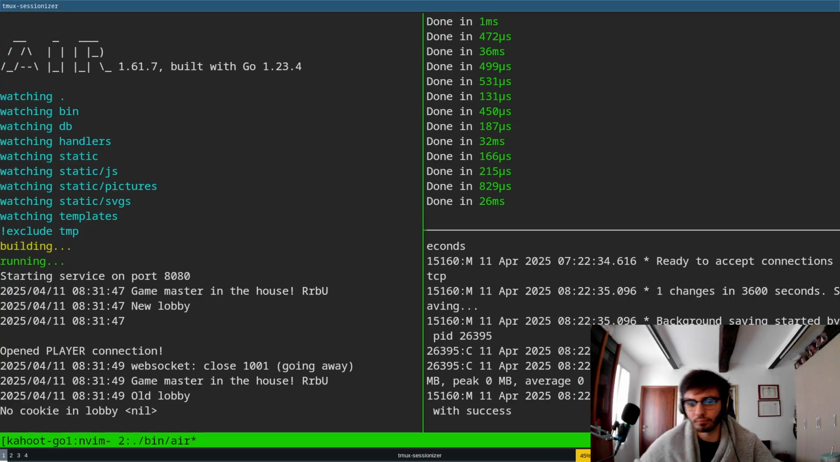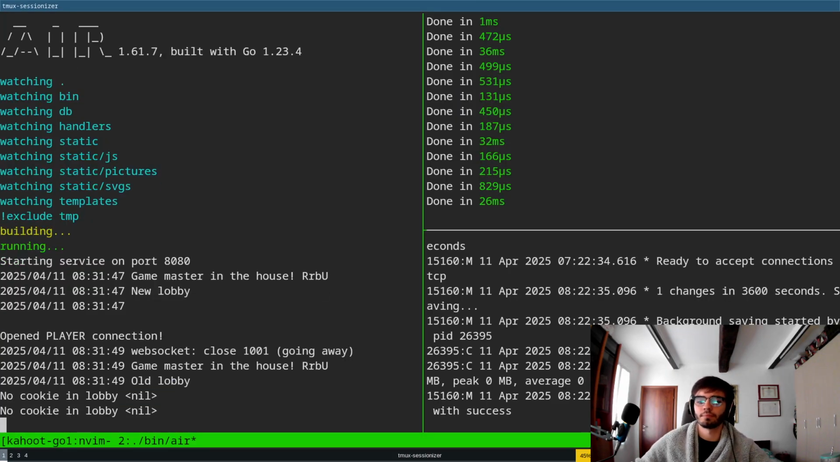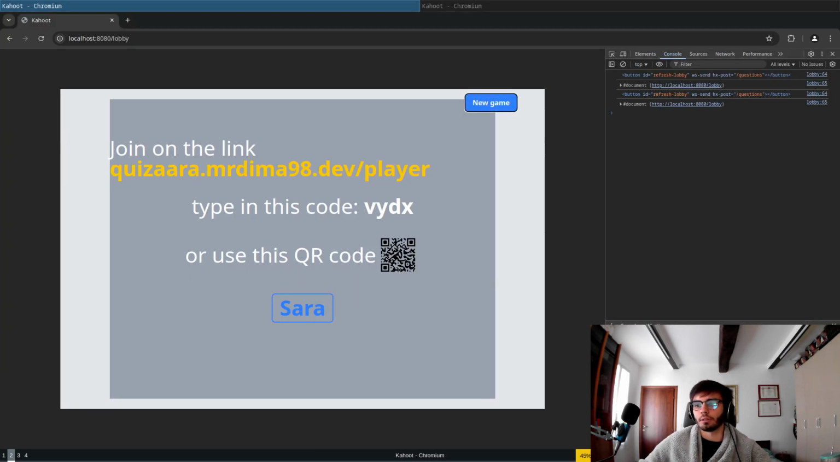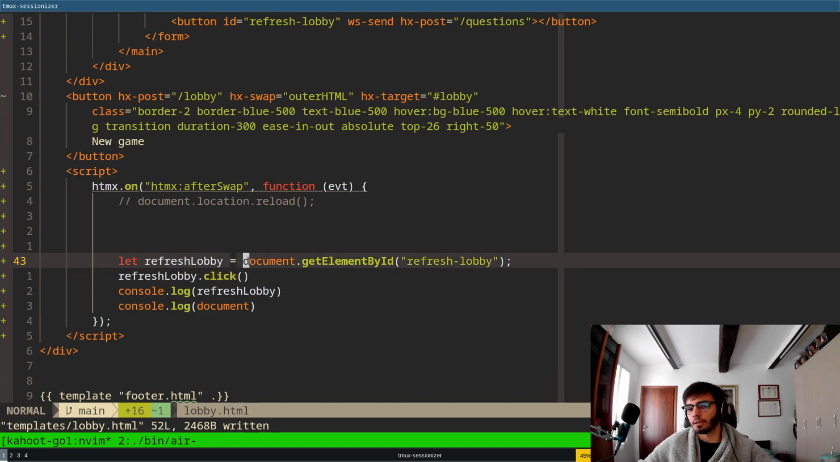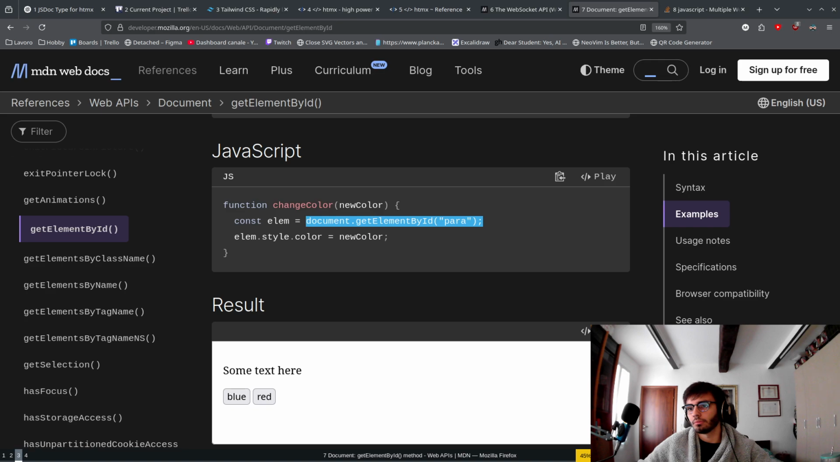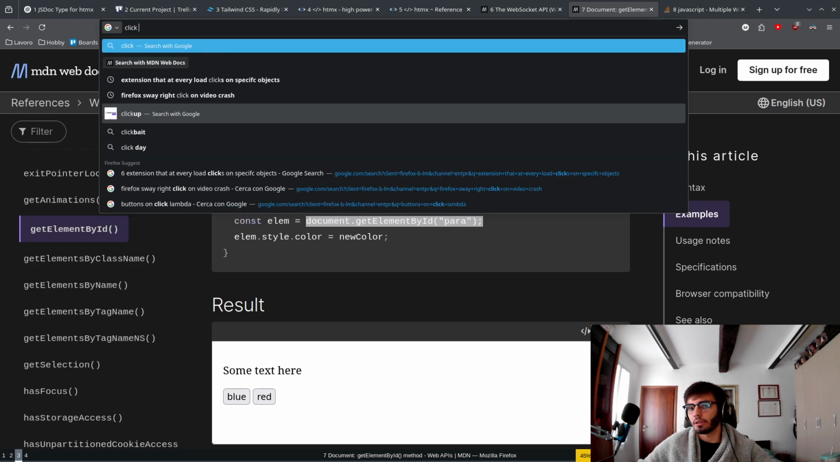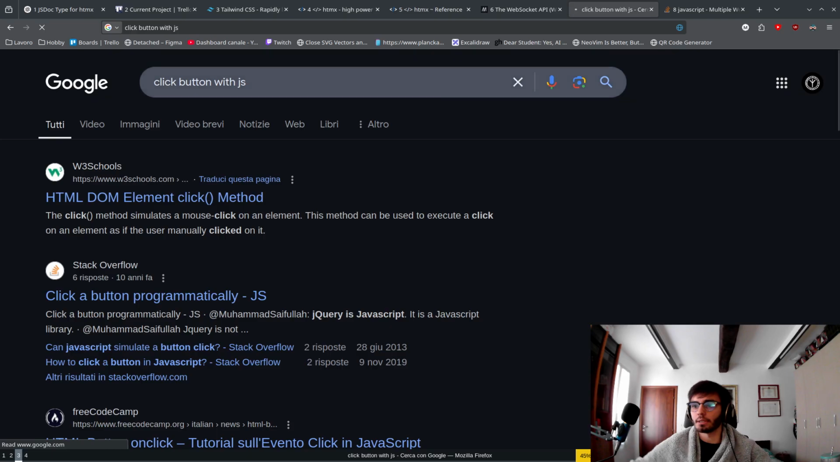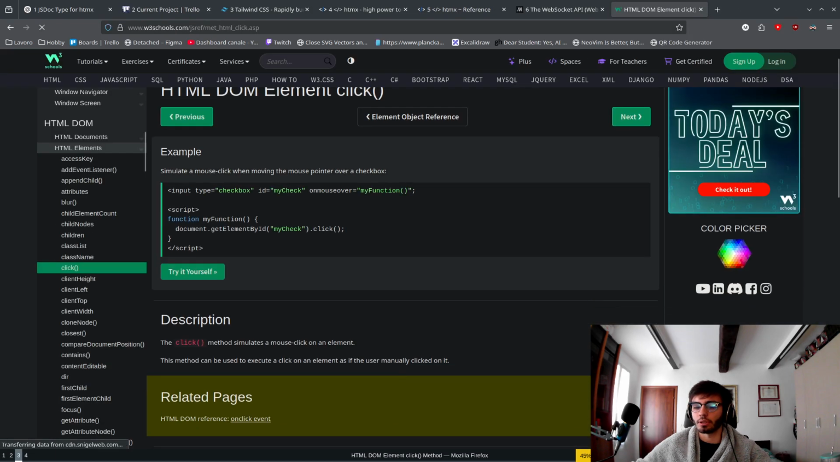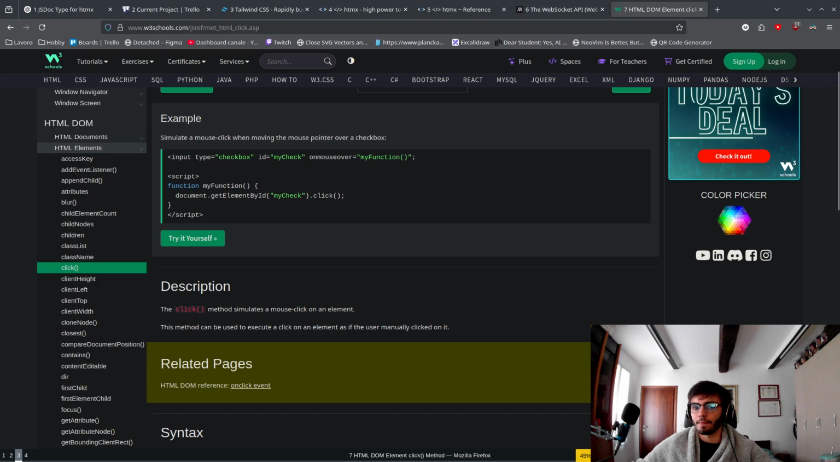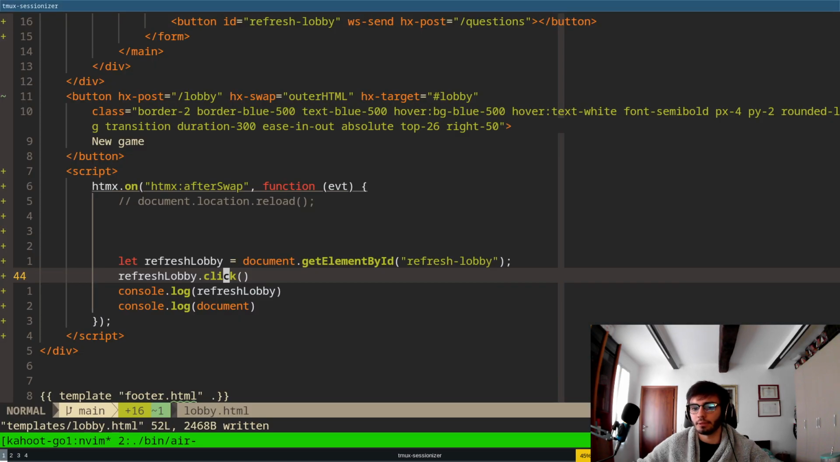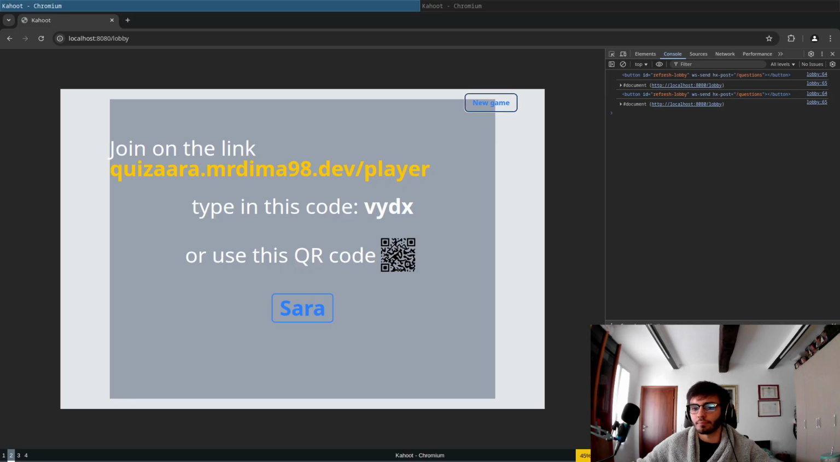No cookie. On lobby. Huh. So the click doesn't get me anywhere. Click button with JS. Could just launch click. Get by ID click. Yay. And my refresh lobby is here, so